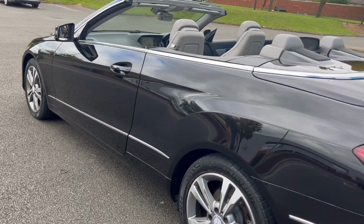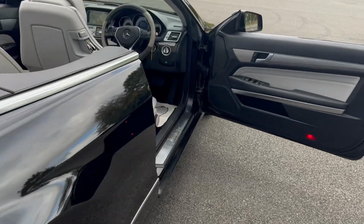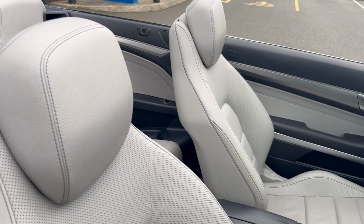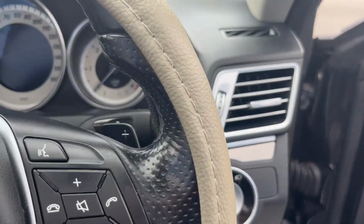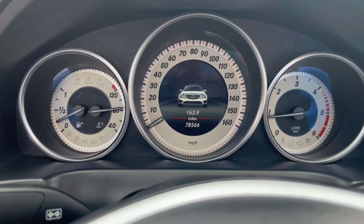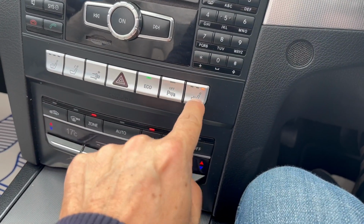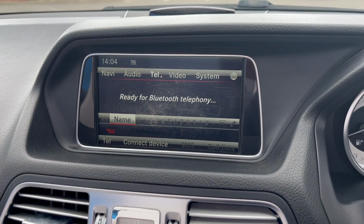wheels are in superb condition. It's got a lovely contrasting grey leather interior. Automatic headlights, satellite navigation. It's done 78,566 miles. Got paddle shift for the gearbox, cruise control, 3-stage heated seats, aircon climate control, Bluetooth connectivity,